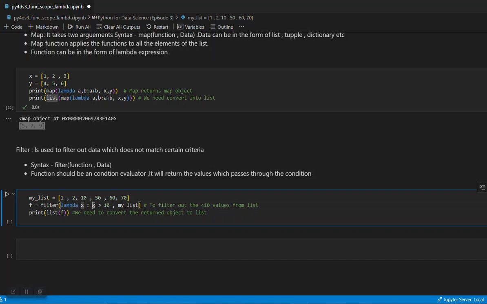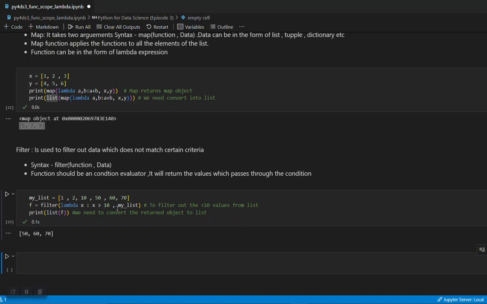I am passing this data, which is a list, and I want the output only where the values are greater than 10. This is the expression I am writing, and this is the data I am passing to my filter function. Once I run it, it will filter out the values which are less than 10, and only give you the values which are greater than 10.